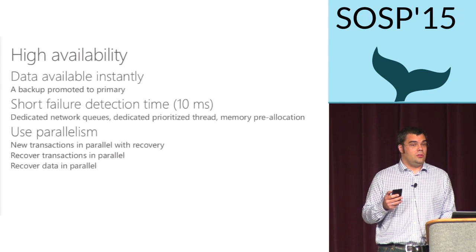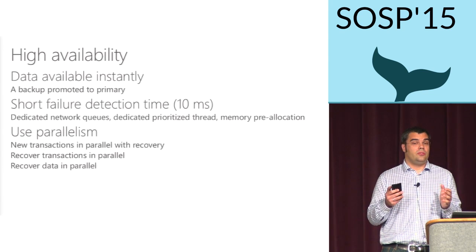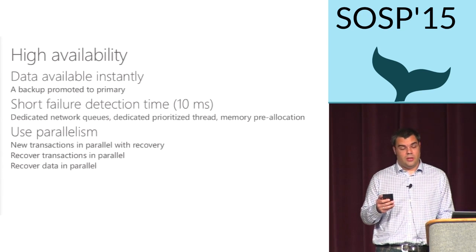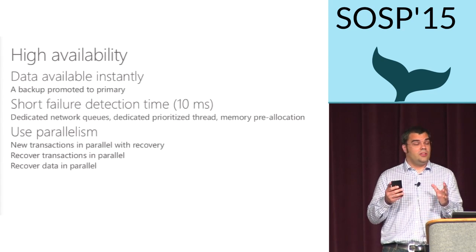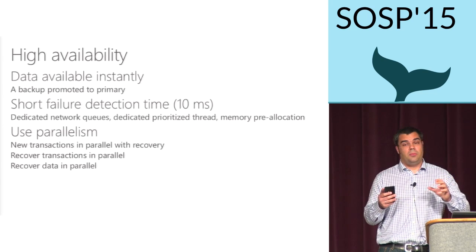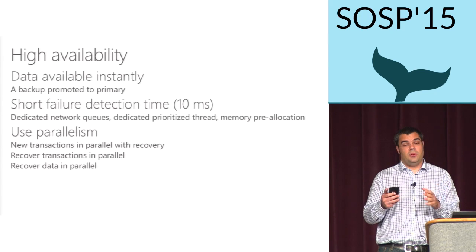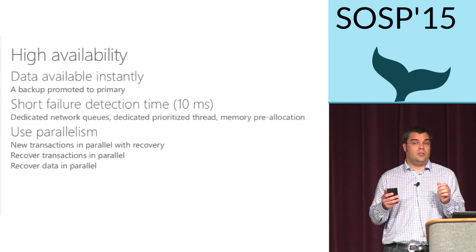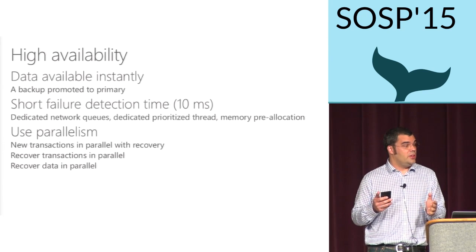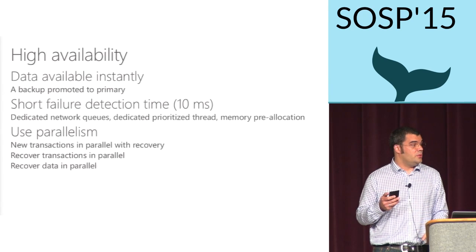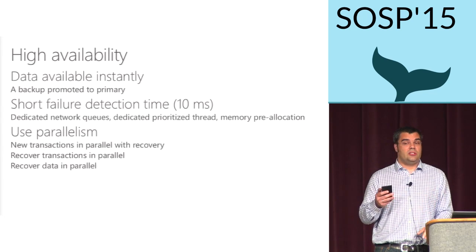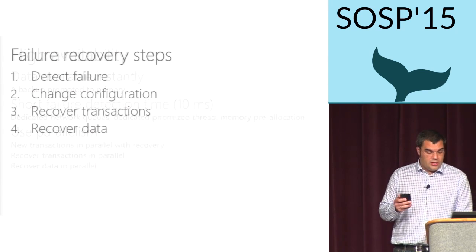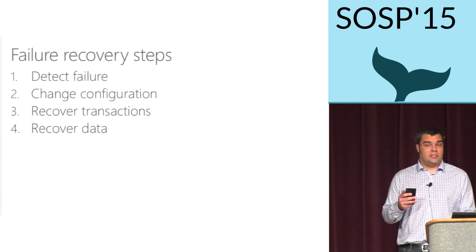The third component to achieving this high availability is our use of parallelism. We use parallelism as much as we can to make this downtime short. One thing we do is not hinder parallelism: we allow operations to keep accessing regions that haven't been impacted by the failure, and we stop processing new operations that access the regions impacted by the failure for a very short period of time. I'll show you how we do that. We also recover transactions in parallel, and we recover data in parallel in order to shorten the recovery time. So this is our goal and how we basically do it.